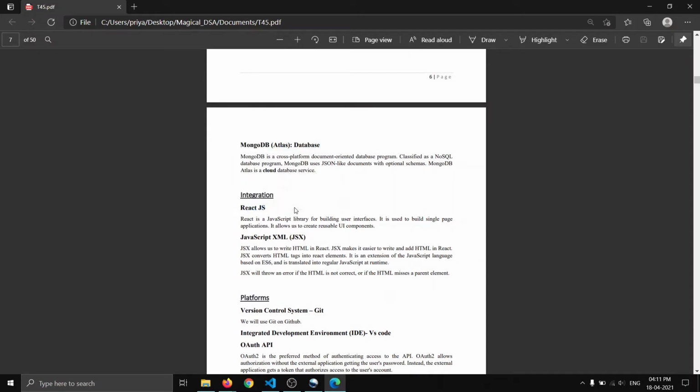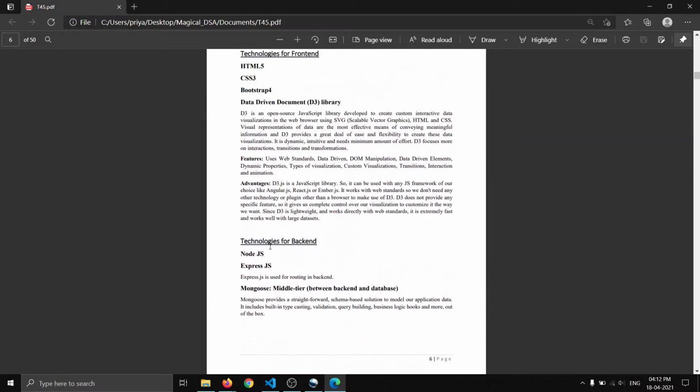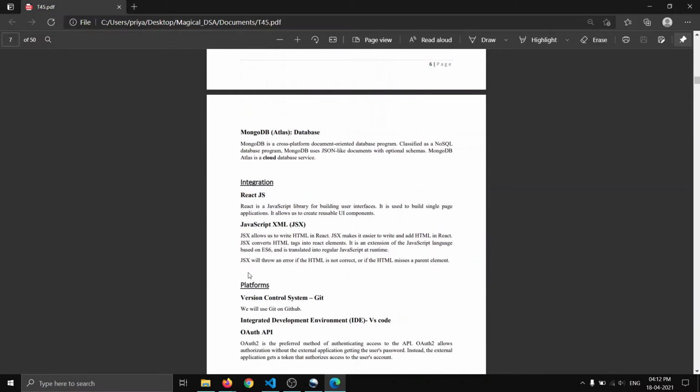So React.js is a JavaScript library for building these user interfaces, right? And we have used JavaScript XML. So what is this? This is just an extension of the JavaScript language, which is based on ECMAScript 6, and it is translated to JavaScript at runtime. The other advantage of JSX is that when you write HTML code in React, if there is an error in the HTML code, then it shows an error at development time only, so you can solve that error at that time, right? And this D3 part we will discuss later, and this OAuth part will also be discussed